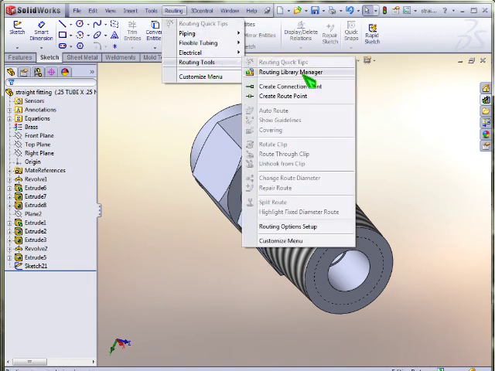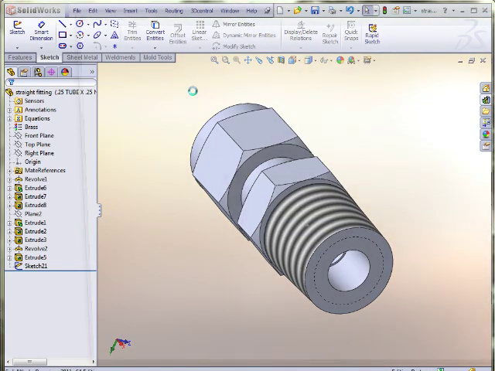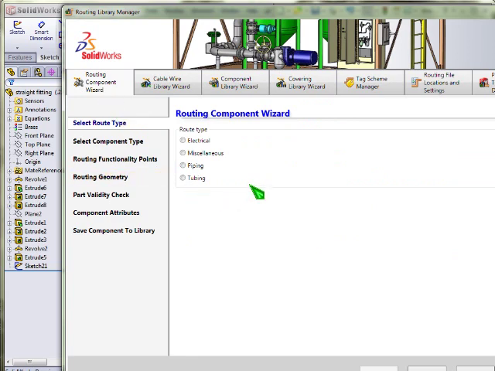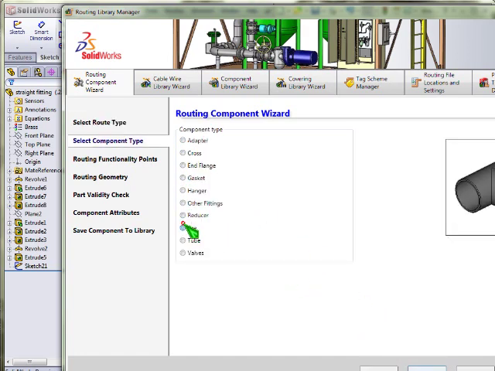But that's been done. And in order to create this routing component, we'll open up the routing library manager, and it's the very first button right here. Routing component wizard. That's what we want. Now you've got a number of different types of routes you can create in SolidWorks. We're going to use tubing as the example. The buttons on my screen are a little bit off the bottom right corner of the screen, but I'm just clicking next. And here we have our different types of components, and in this case I want to create an